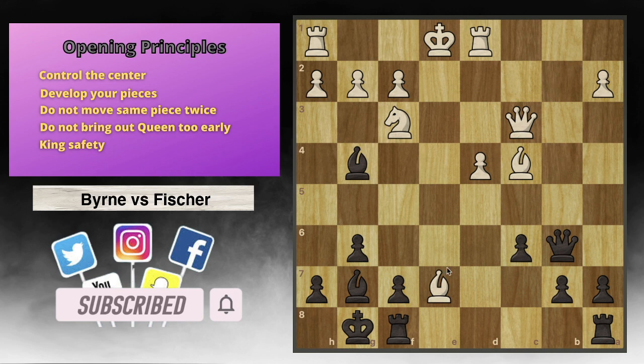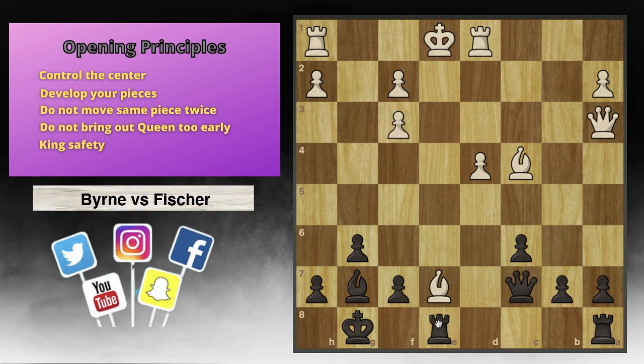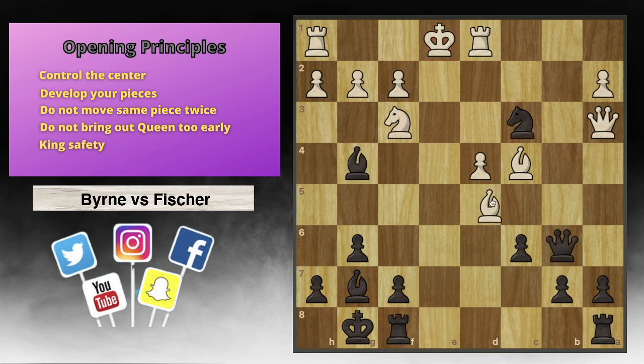Since queen takes on c3 runs into rook to e8, pinning the bishop, and when the queen goes back to protect, you take the knight, pawn takes, and after queen to c7, there's nothing you can do. This bishop is gonna drop, you're down a pawn, your pawn structure is a mess, and your king is still stuck in the center. So Byrne did not go for this, and after knight takes on c3, he played bishop